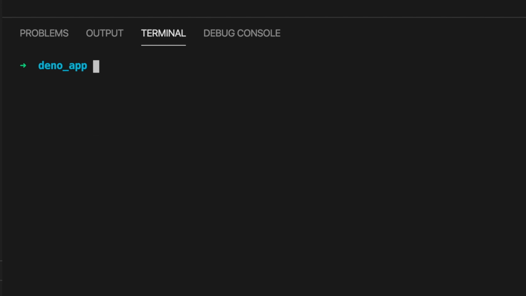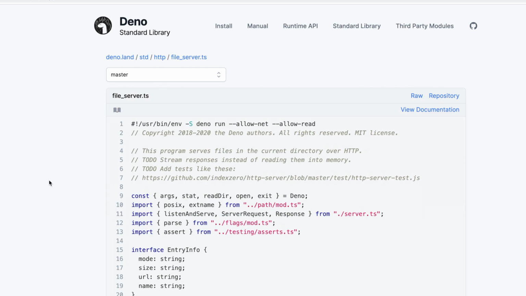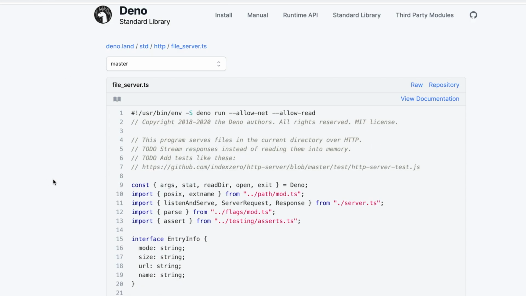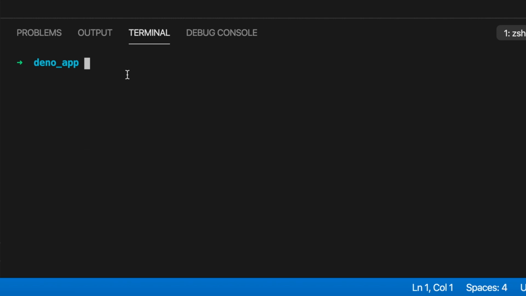Now, this was the part of running module files directly in the command line. Now we can try to install some scripts. So for example, let's take this file, underscore server, and we don't much care about the content of this file. What we can do is just copy this path and come to the terminal, and we say deno run